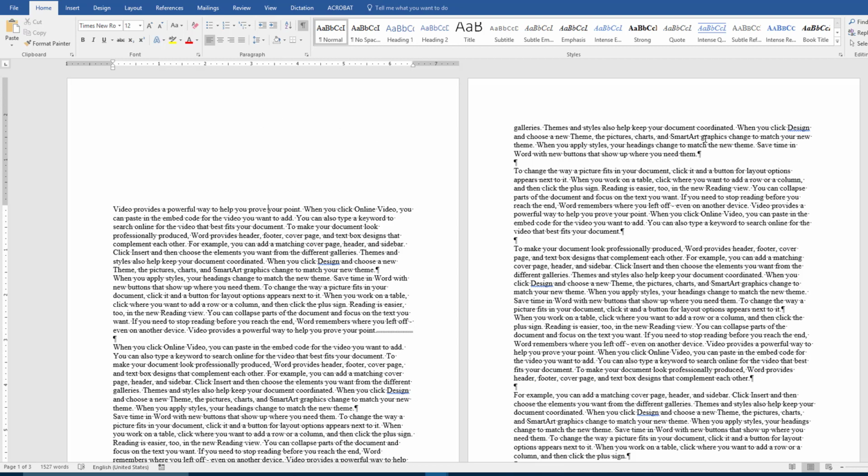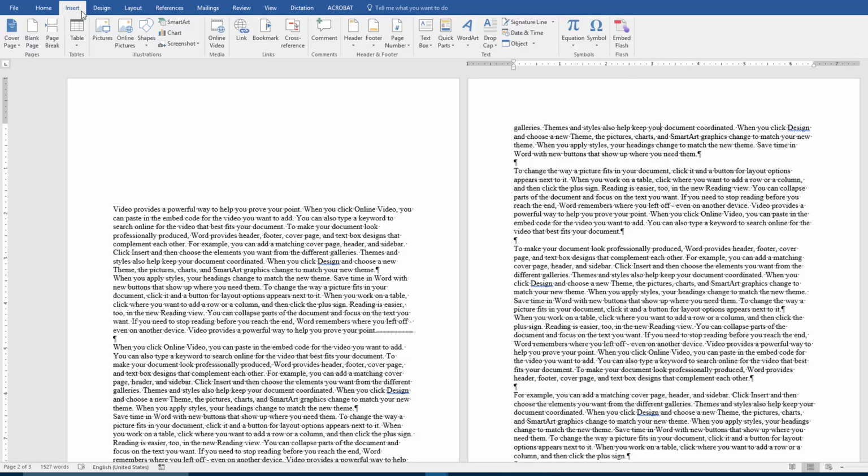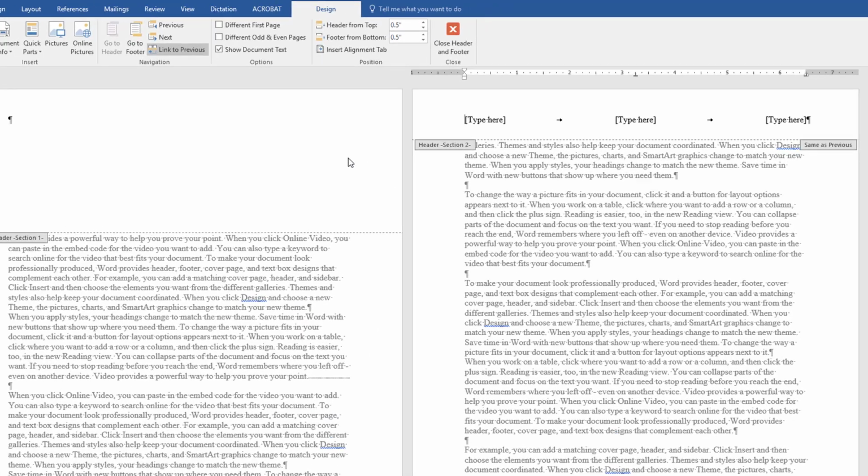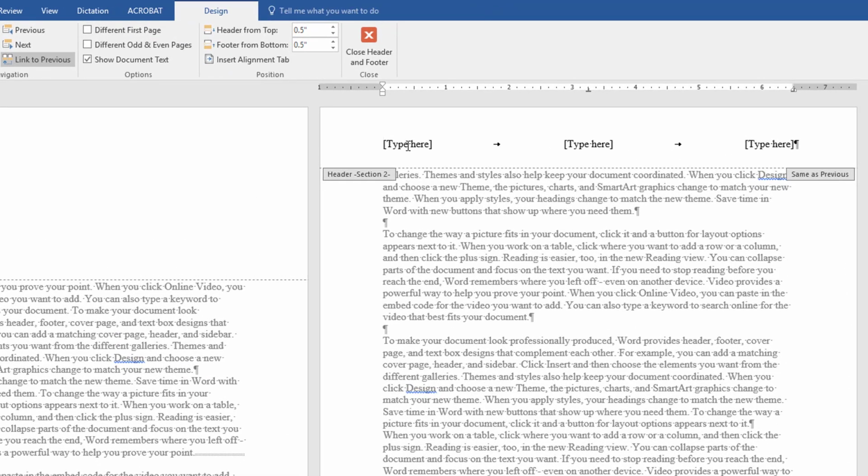To have a header on the second page and on any subsequent pages, I can once again click into my second page, and I can either double click into the margin, or I can go to the insert and come on over to the headers, and I'm going to put in a blank 3-column header. And so on the first part, I'm just going to type example. On the second,